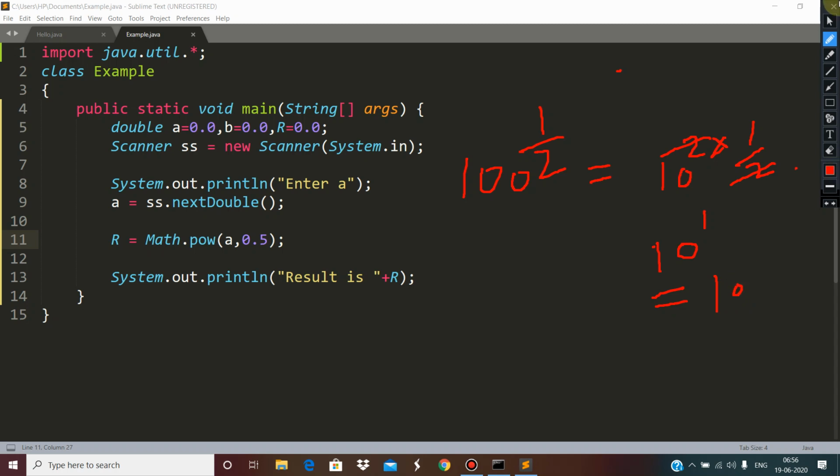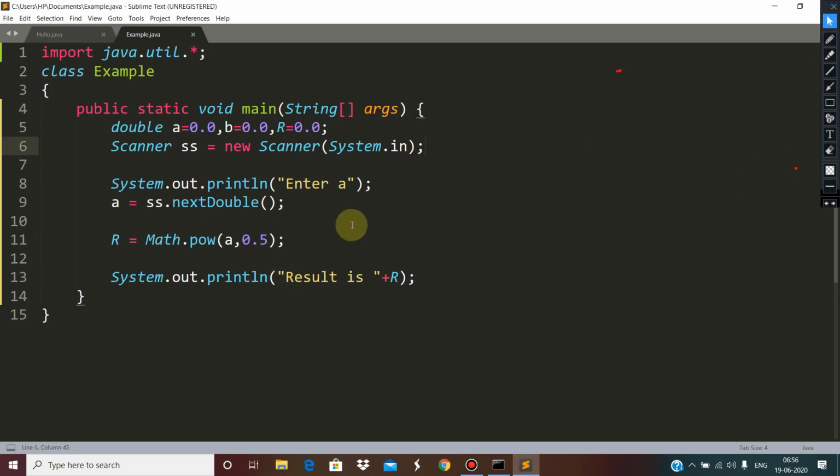Now we will see one more operation of this function, in order to find out the cube root of the number. If we want to find out the cube root, then in place of this 0.5 we can write 1.0 by 3.0. So any number raised to the power 1 by 3.